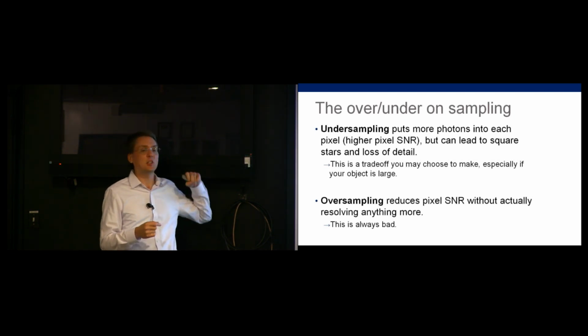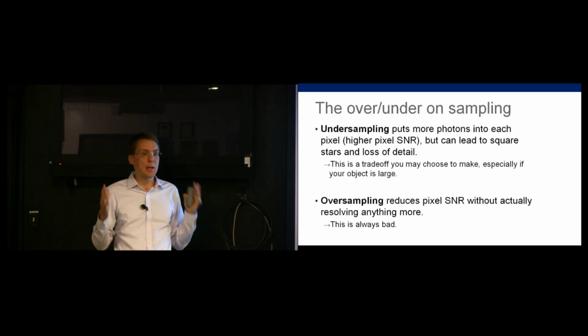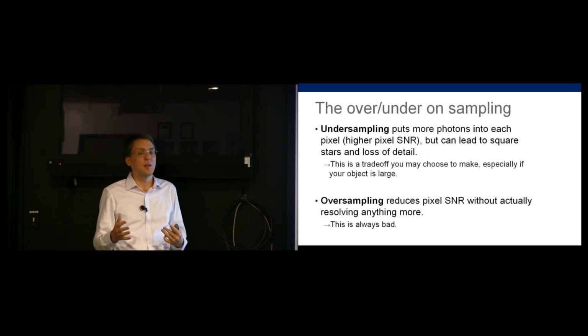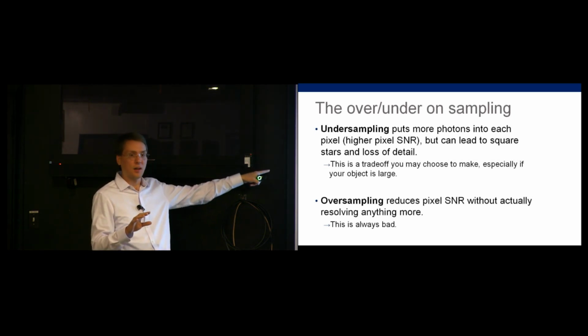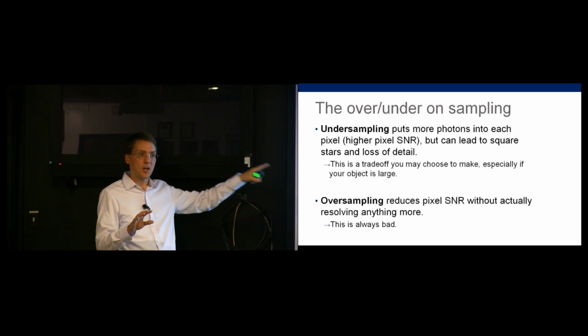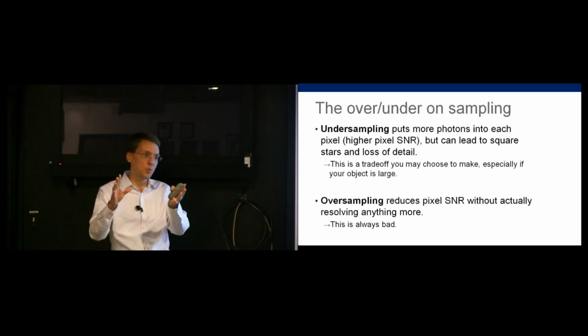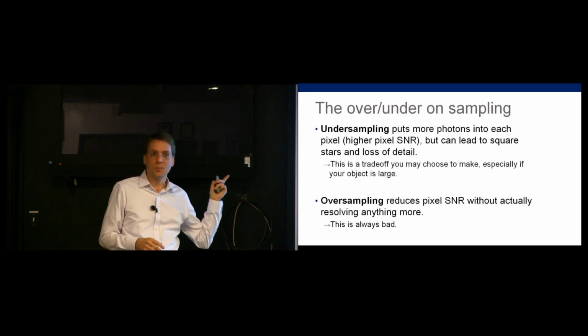So undersampling is a choice you can make. You can choose to have big pixels. You can choose to have a really short focal length and make that trade-off and say, I'm going to give up resolution. I don't care about square stars. I don't care about a little bit of loss of detail. I'm going to give that up in order to improve the signal-to-noise ratio. And that's exactly what I was doing when I was imaging at